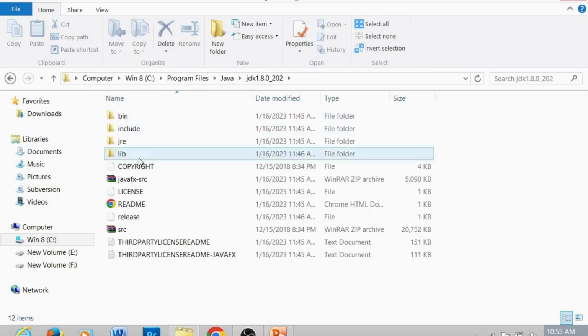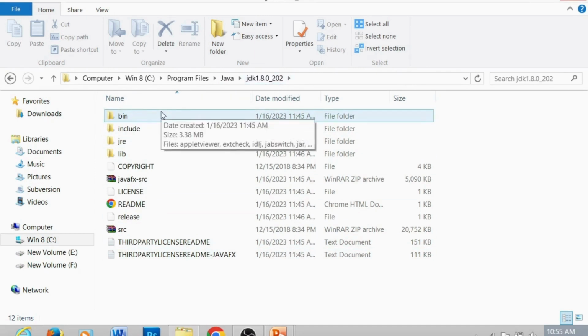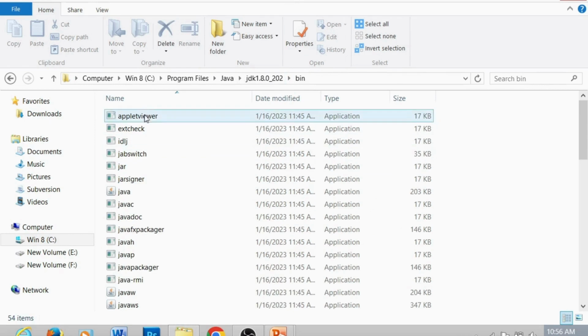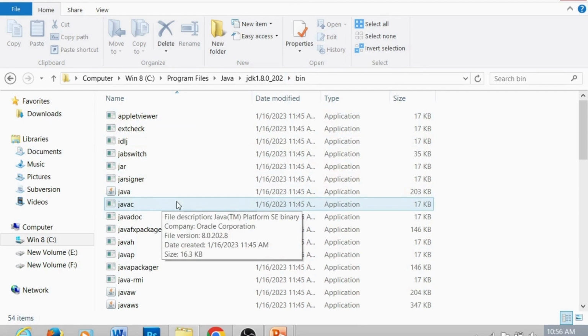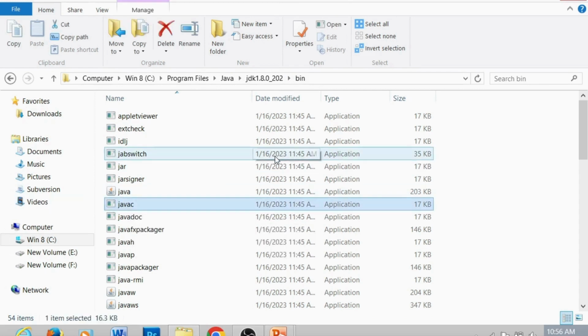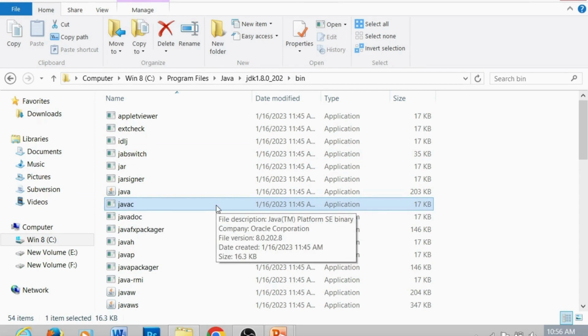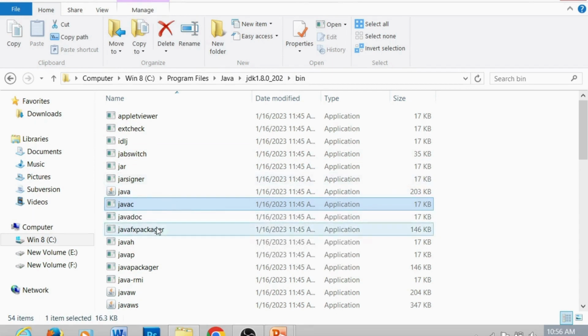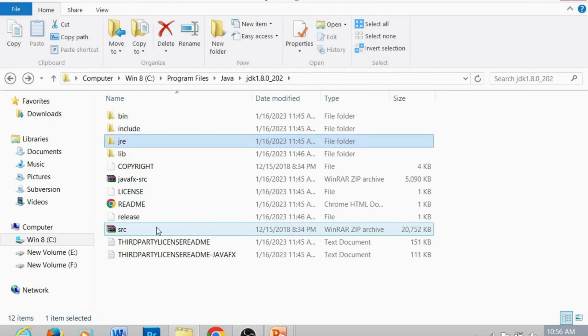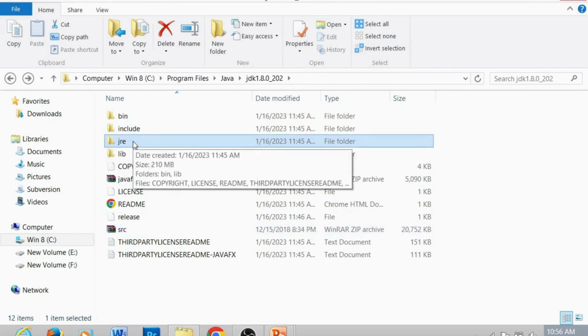Let's see what JDK contains. You can see there are a lot of files inside the JDK folder. So bin is for binary files, where all the program executions belong in this folder. It contains lots of files. You can see javac is the most commonly used to compile our Java files, which will convert our .java file to a .class file. These are the files, and if we come back there you can see even JRE.